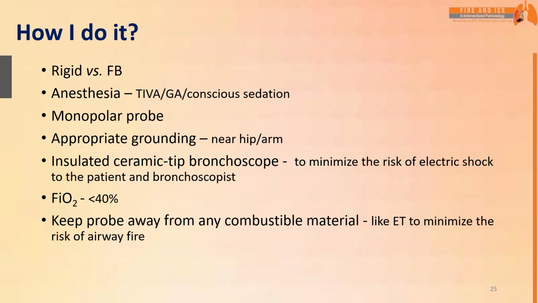The grounding pad should be kept on the hip or arm, in close proximity to the site where the procedure is done. That is, if we do the procedure near the trachea, it is better to keep the grounding pad near the arm or near the hip. An insulated ceramic tip bronchoscope should be used so that there is a minimum chance of damage to the bronchoscope